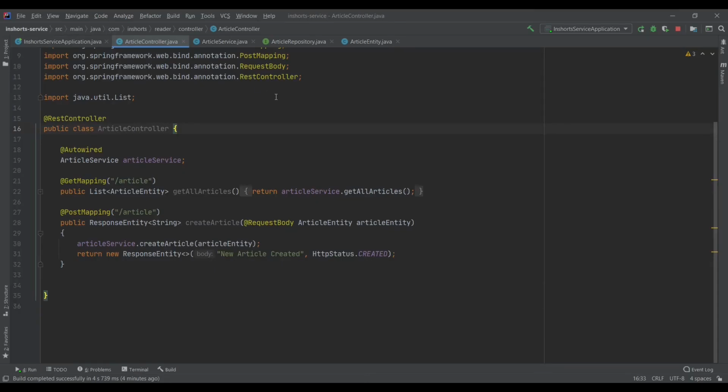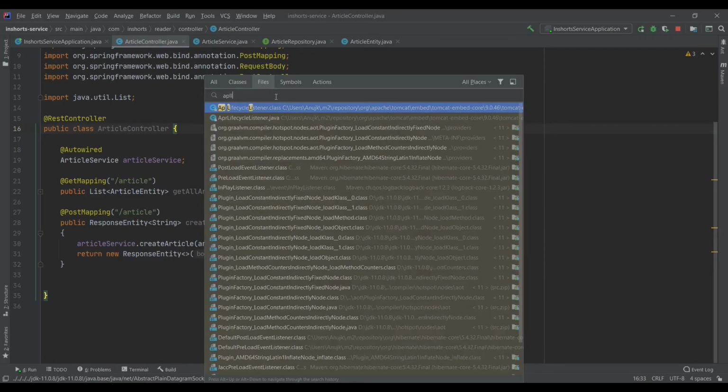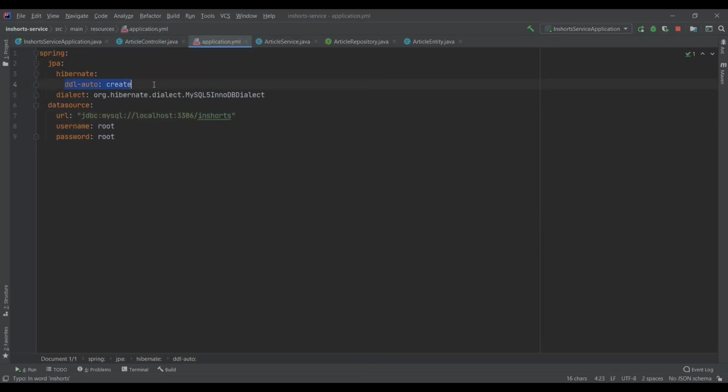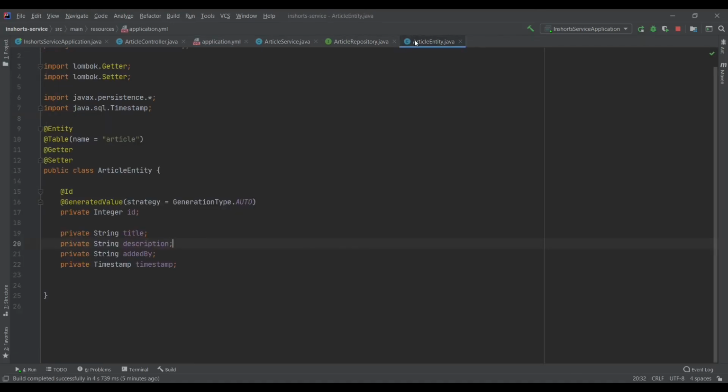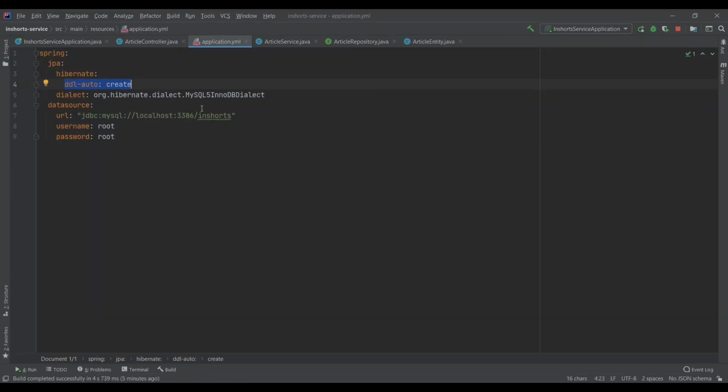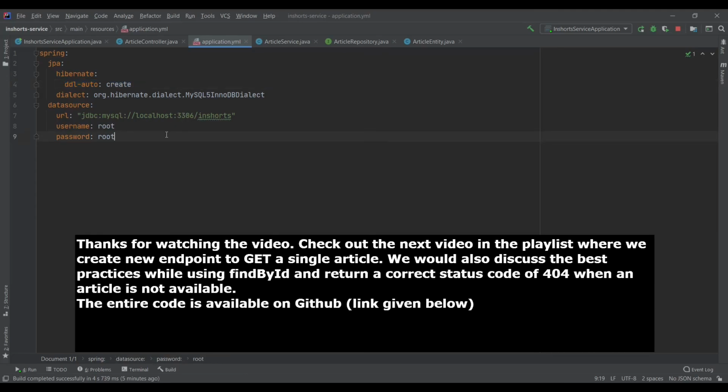So now what I would be doing is I'll go to my YAML file and I would remove this DDL auto create option. What this option does is that it will drop all my tables from this database and it will create them based on whatever entities I've annotated with @Entity. So what it means is that if I restart my server again, my Spring Boot application, it will create the database or the table again, which I don't want because I'll be losing the data that I've created right now. Also, I don't think it's a very good practice to create tables using these entity annotations.